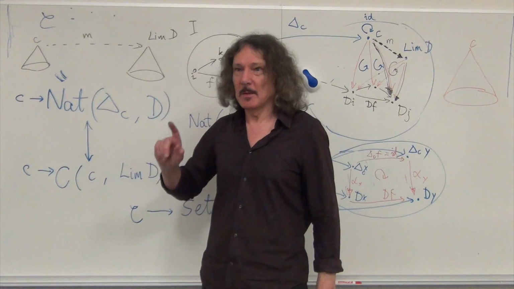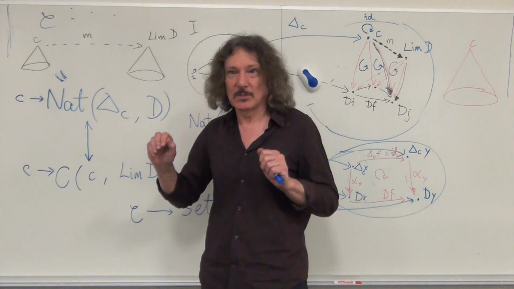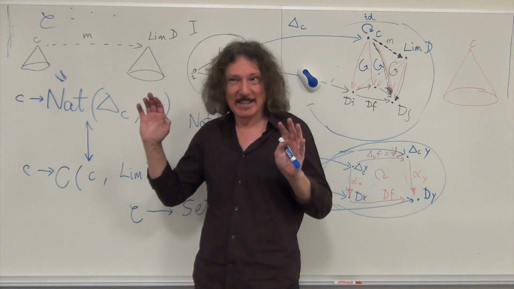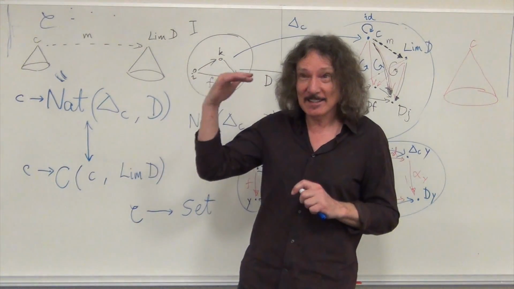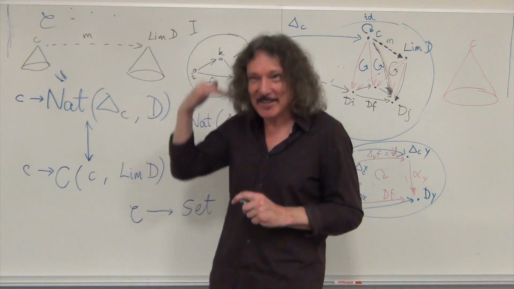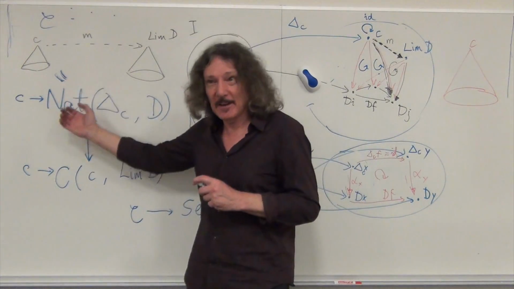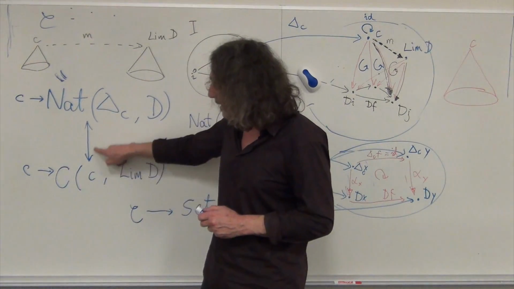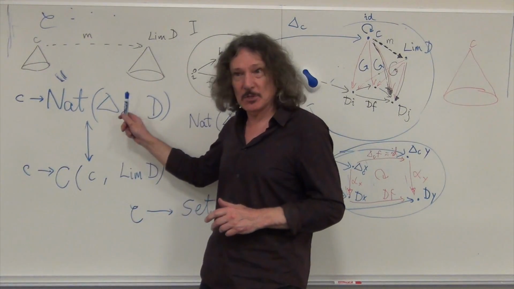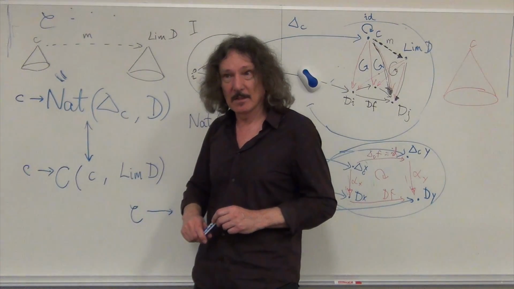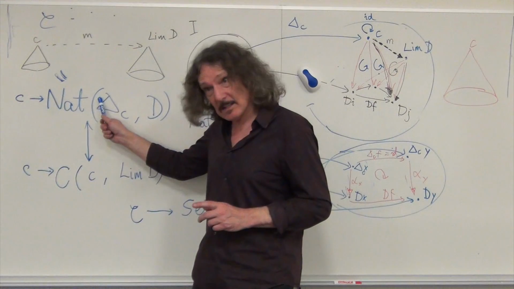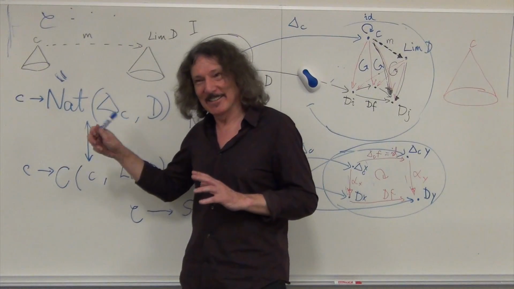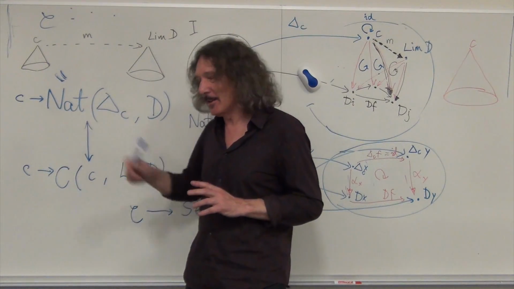So, I think probably it's a good point to stop, because your heads are probably exploding right now, right? This is getting through these levels of abstraction, right? Like you go higher and higher. So you have a set, oh, you have a functor, and now you have two functors. And there's this thing between these two functors, right? So first of all, I have to show to you that these are contravariant functors, right? And I'll do this next time. I'll show that this is a contravariant functor. That's easy to show. This is a little bit more difficult. Like, is this really a contravariant functor? How do I show this, right?